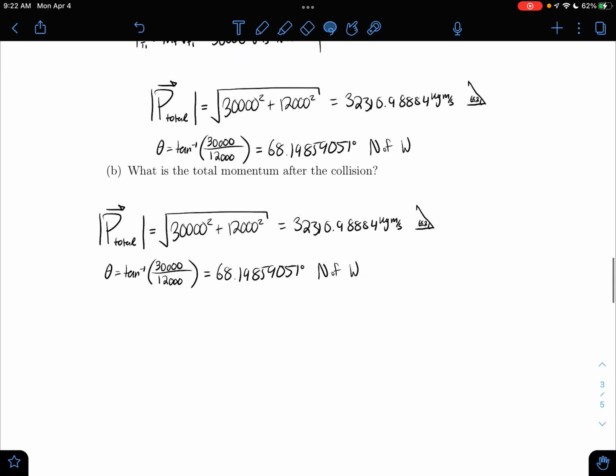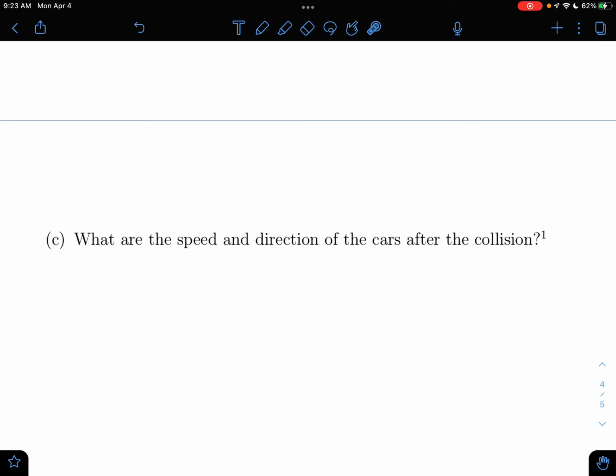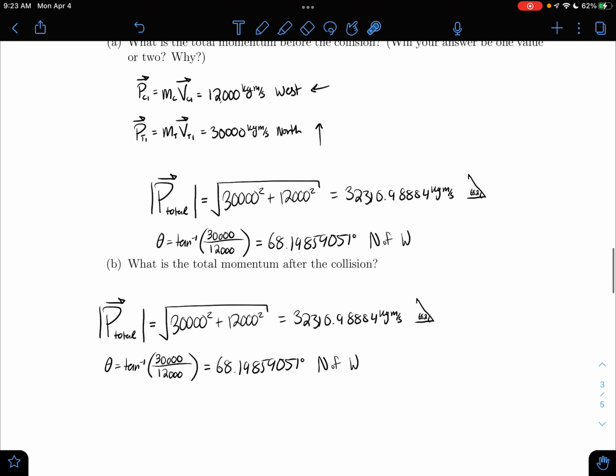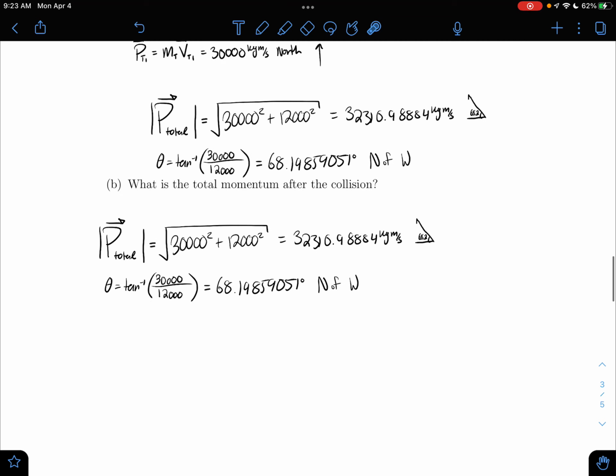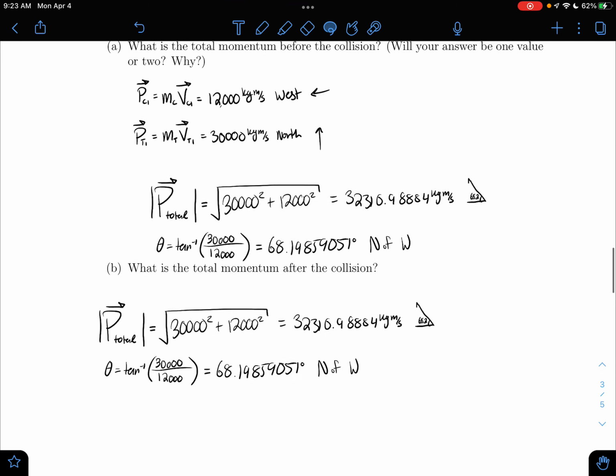There's my answer for the momentum after the collision. I have a magnitude and I have a direction of that vector, and it's not going to change because our momentum is conserved. So now we get speed and direction of the cars after the collision. And remember what I was saying before, that our velocity dictates the direction of our momentum vector. Well, it's the same thing. If I know my momentum's going in a certain direction, I know that my velocity is also going to be going in that direction. So I can just take this and say,